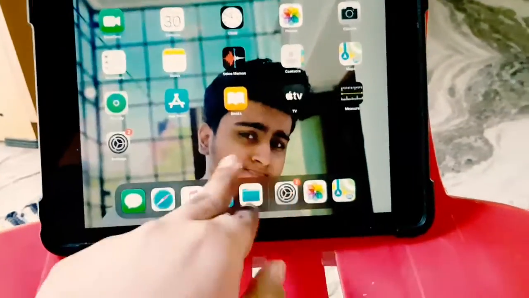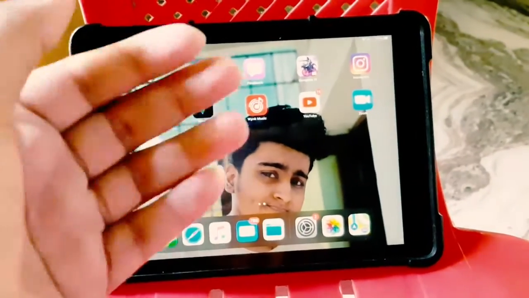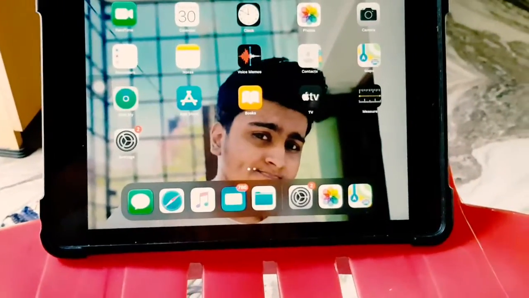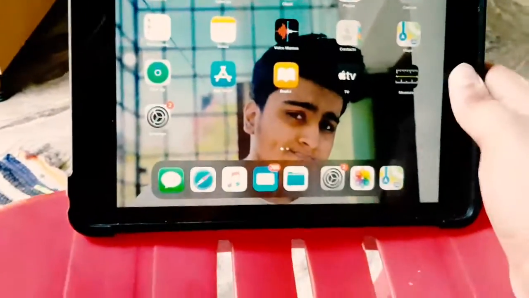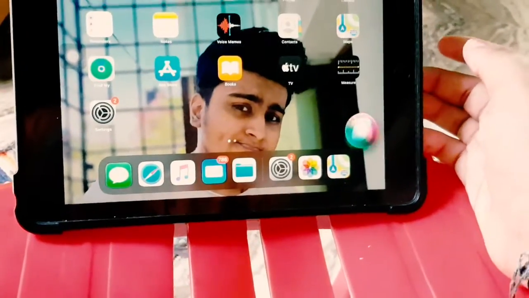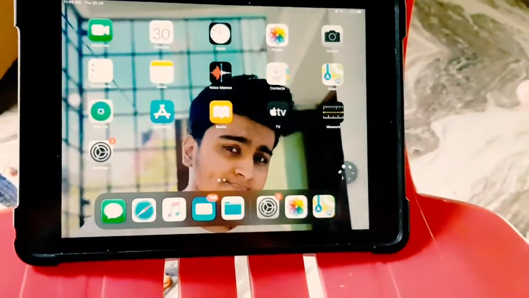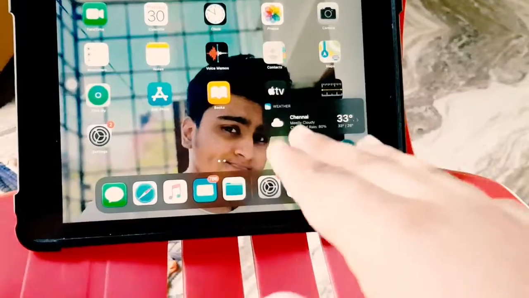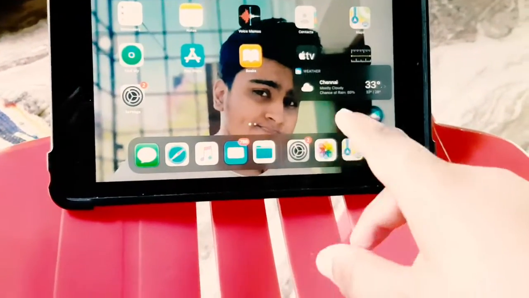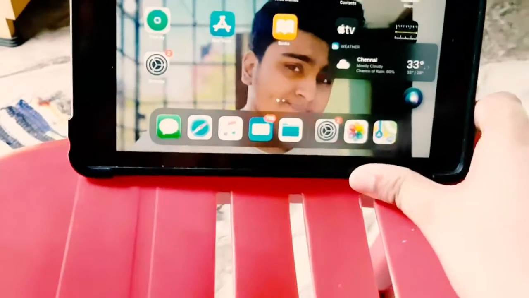Perfect, good. Even heavy apps we can load very fast and very well, so it's not a very big thing. So let's ask Siri some questions. Hey Siri, what's the weather? You can see the animations are much better, and it won't show as a full screen, but it's very compact, no problem.